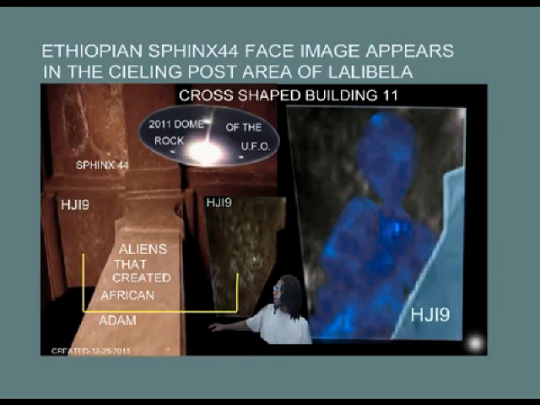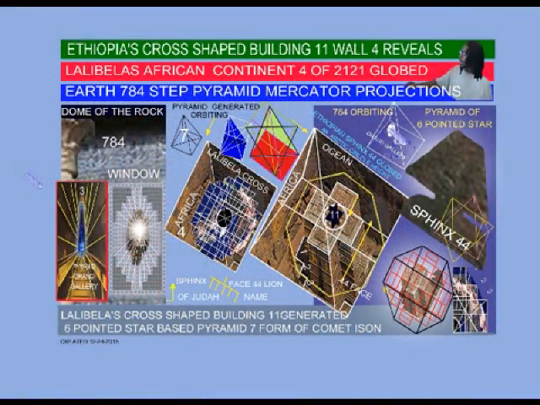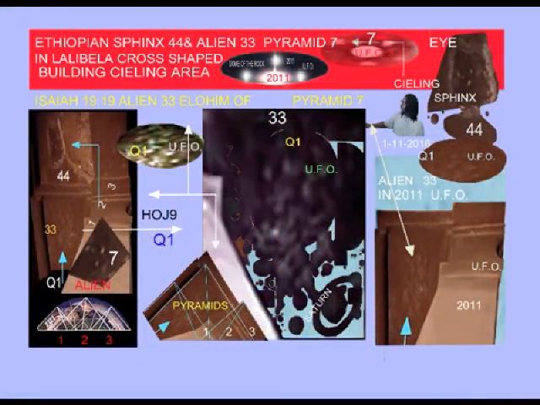It looks like 5 blocks stacked on top of one another on the left side, that form a step that you walk upon. And if you do the same thing with the right side, stack 5 blocks on top of one another, that they form a step that you walk upon, you're looking at a black African Babylonian stealth pyramid. This is a part of the Dome of the Rock in Jerusalem outer wall stone rectangular window frame 784 image. So when we connect the ceiling post area in Lalibela